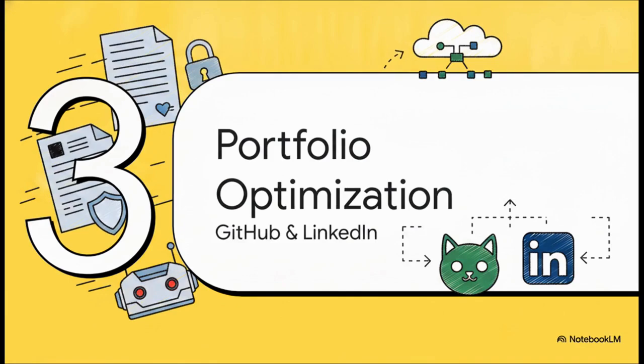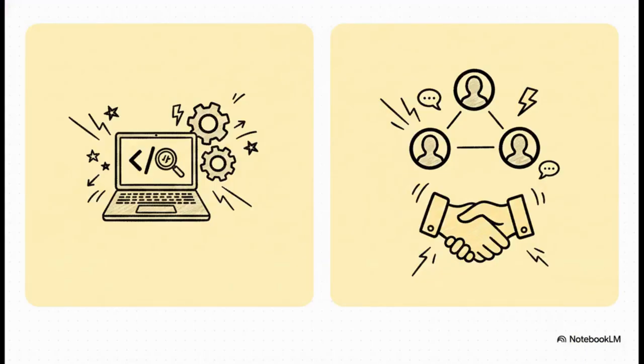Section 3, digital professional portfolio optimization. So once your private paperwork phase is sorted, we transition into establishing your public digital footprint. Now, what's really interesting about this slide is the clear contrast here. I want you to think of these as the two sides of your professional coin. GitHub showcases your raw technical proof. This is exactly where the senior engineers and technical leads are going to snoop around. They want to see your clean Python scripts, your network maps, your well-documented README files,